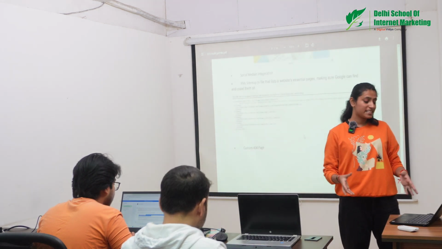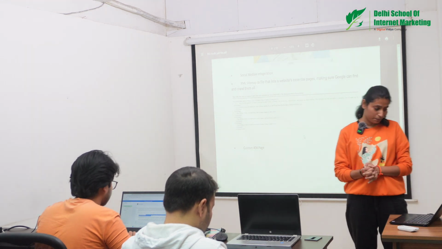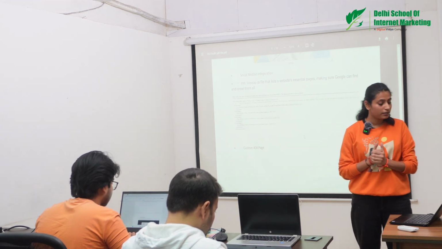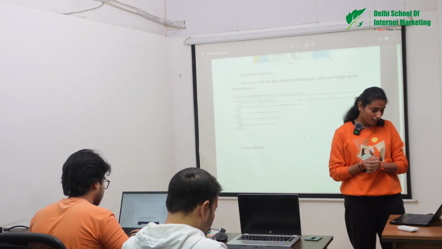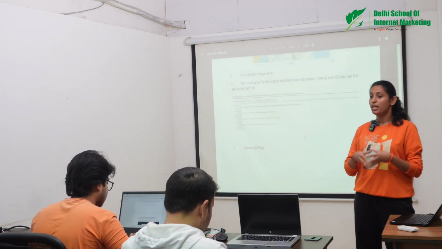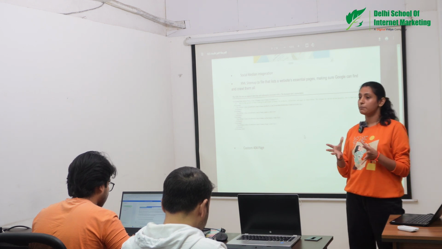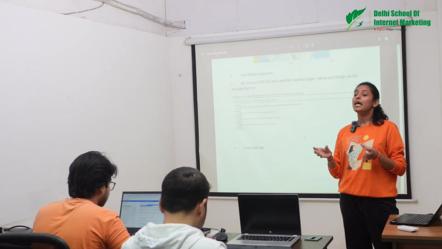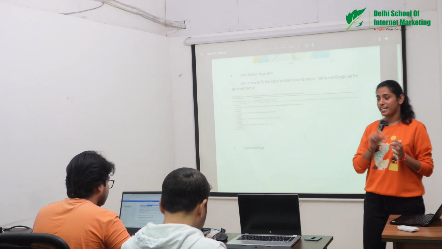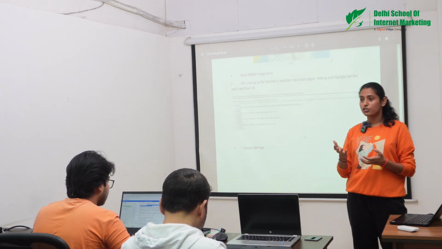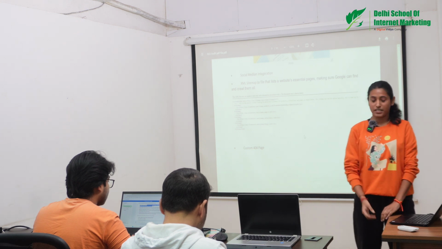Now, XML sitemap is another aspect. An XML sitemap is a list of web pages, making sure that Google can crawl them. Every website has an XML sitemap in which they put all their links, which makes it easier for Google to crawl and index all these pages.